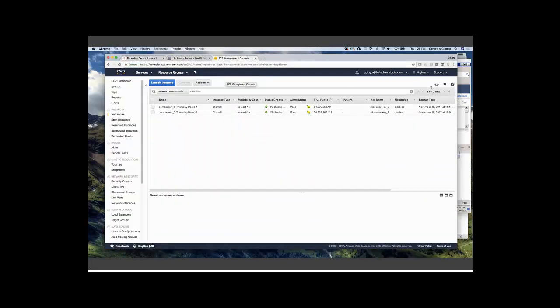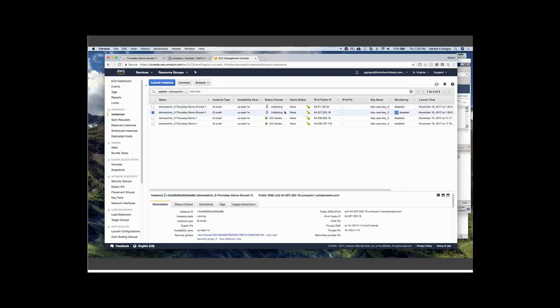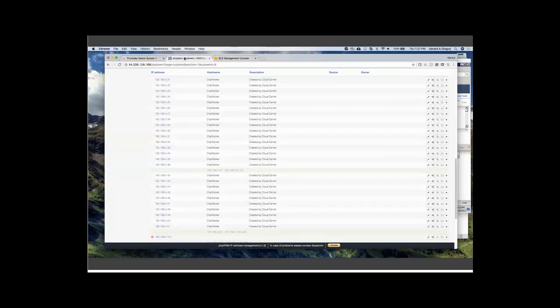If we move to AWS and I refresh this, we can see that the Thursday Demo Sunset 1 is starting to initialize. And the same thing here. Where that VM in VMware was spinning up and talking to the orchestrator that we have in VMware, these VMs are spinning up in Amazon, and they're talking to our orchestrator out in Amazon. We can also see down here,